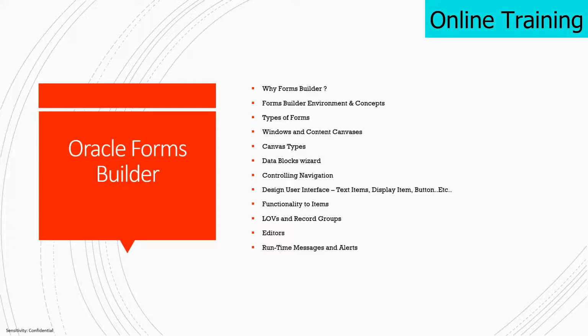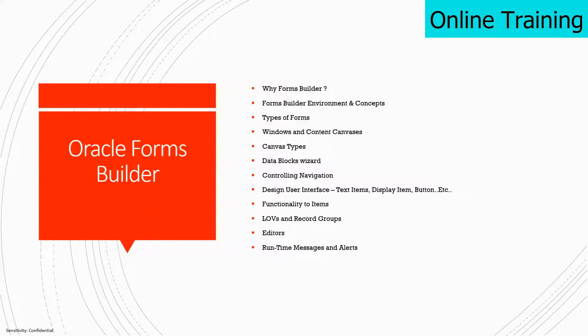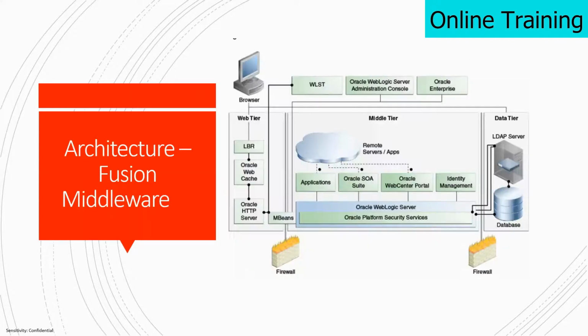Okay, we got it. Yeah, so the environment and concept. If you want to work with a middle tier, if you see the screen completely, how this works is that there are three layers in Oracle Forms. If you are running on a middle tier Fusion, you call it as